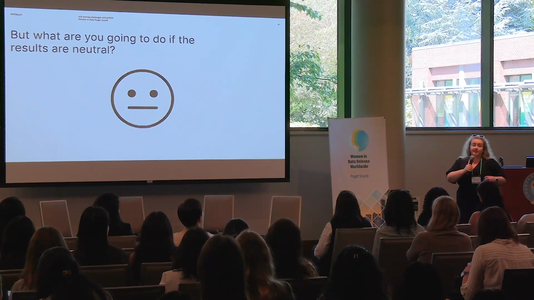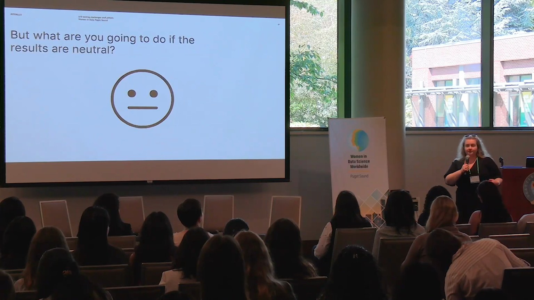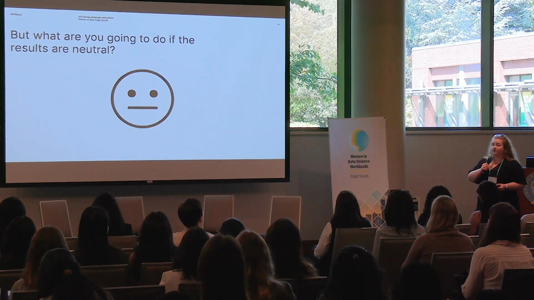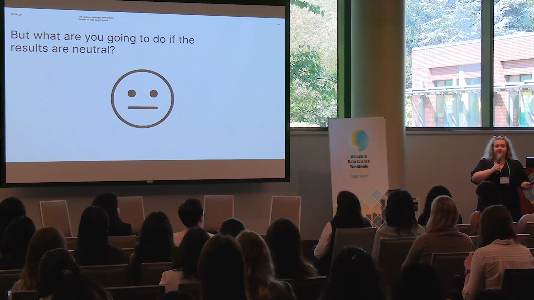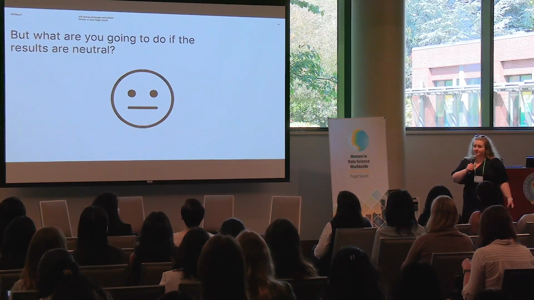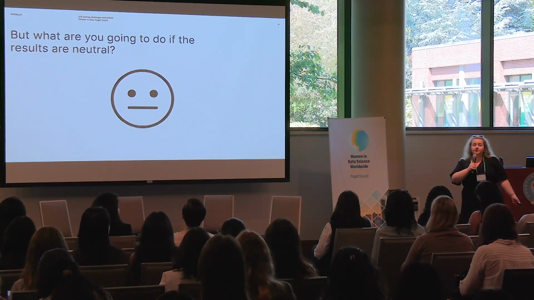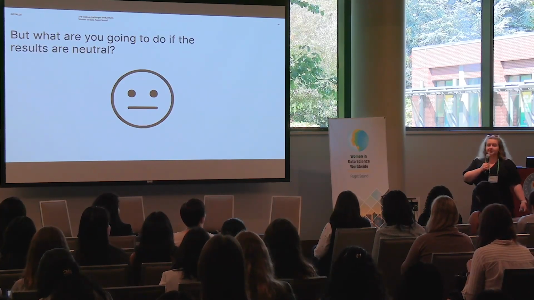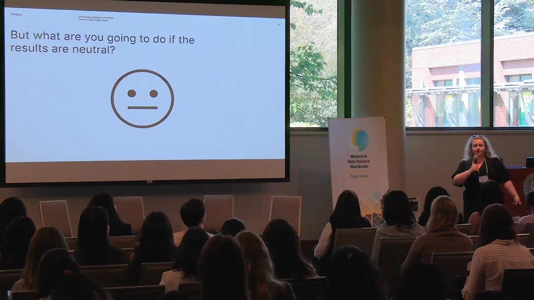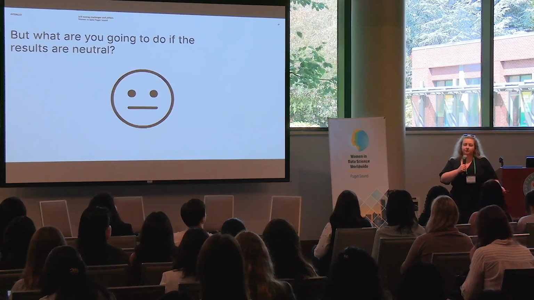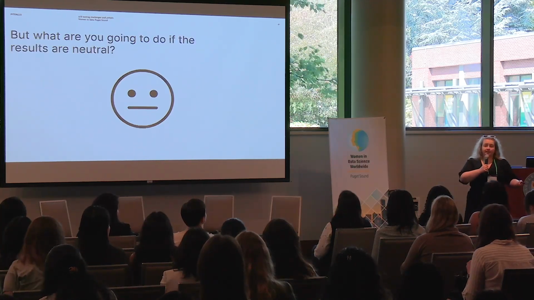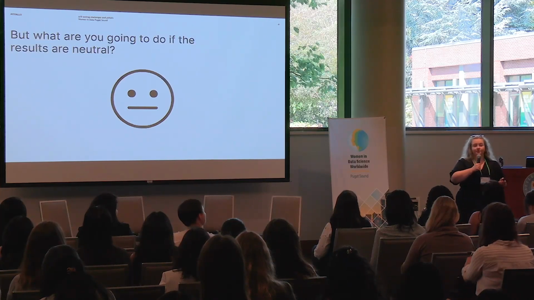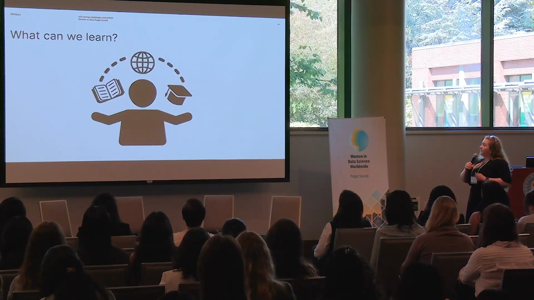There may be other things that you as a data scientist are not aware of, but that's not always the case. So I find it really worthwhile, before you roll out the test, to have that conversation with your stakeholders. Okay, so what are we going to do if the metrics are not moved in either way? And a lot of the time they're like, oh, we can do a follow-up, or yes, I still want to roll it out. In some rare instances, you may actually be able to convince them that this is not a good way of building product.